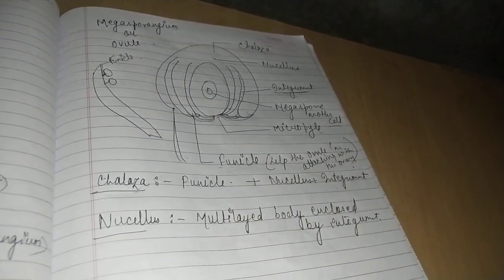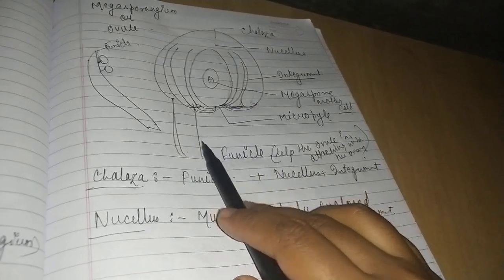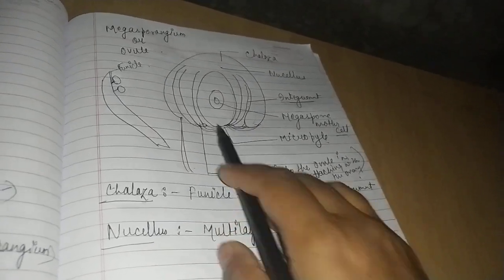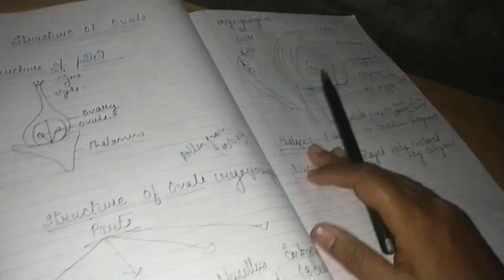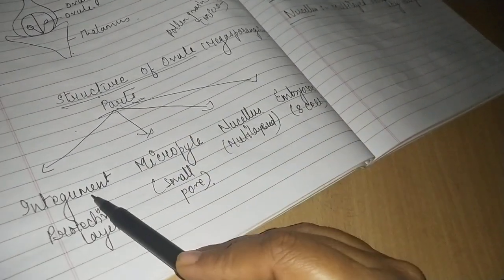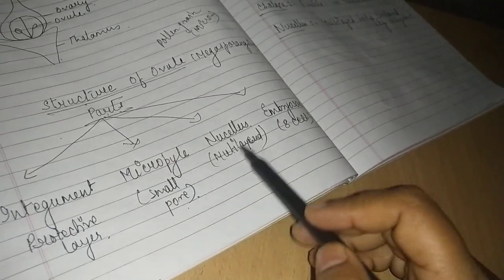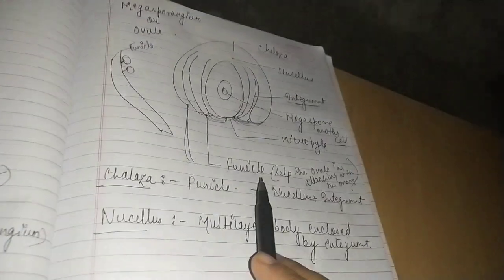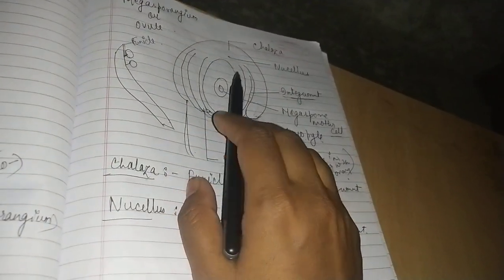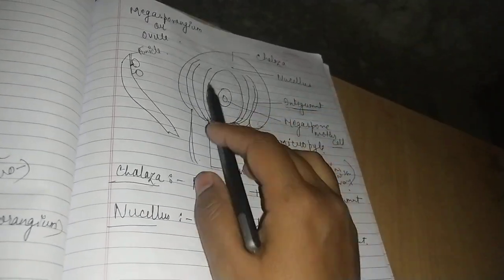I am making a very rough diagram in order to explain to you, so you can look at your book and make a very nice diagram from that. Let me explain once more, a summary of that. Here is the structure of the ovule. The structure of the ovule has been divided into four major parts: the integument, the protective layer; the micropyle, the small pore; the nucellus, the multi-layered body; and the embryo sac, the 8-cell structure. I will tell you why it is called the 8-cell structure, because here you can see only one. So don't get confused. After that I will explain what that is.